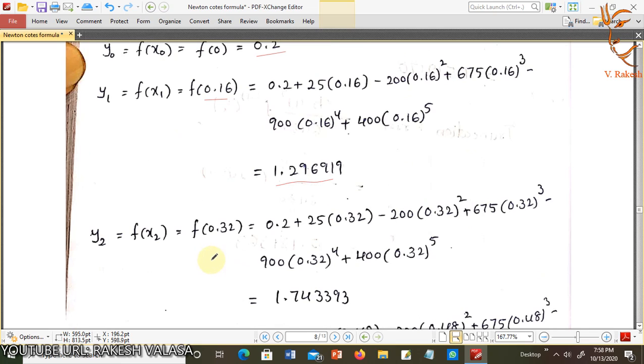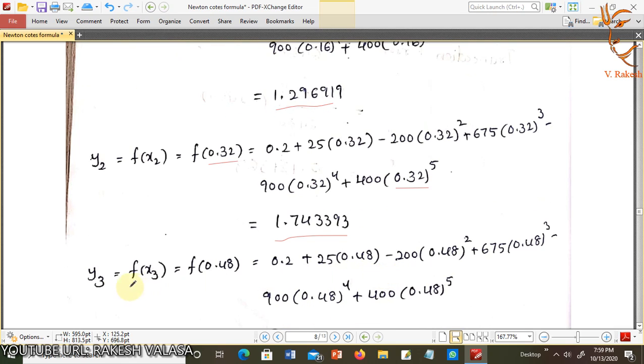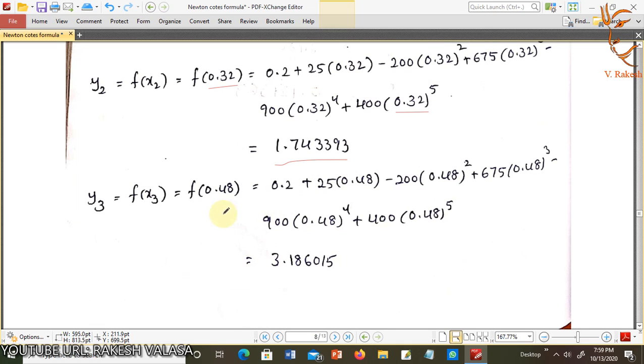1.296919. Similar to calculate y2, f of x2 equal to f of 0.32. Now substitute this 0.32 in the given function. 0.2 plus 25 x2 minus 200 x2 whole square plus 675 into x2 whole cube minus 900 into x2 all to the power of 4 plus 400 into x2 to the power of 5. Now simplify this term, we get 1.743393. Similarly, the next one, y3 equal to f of x3 equal to f of 0.48. Now substitute this 0.48 in the given function, we get